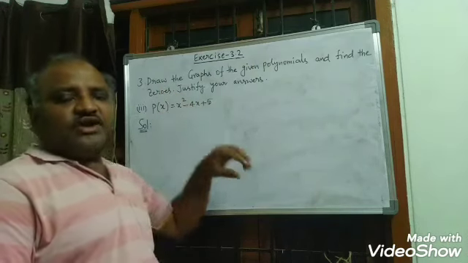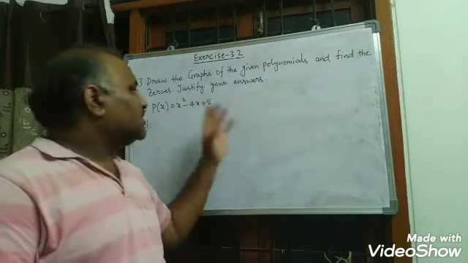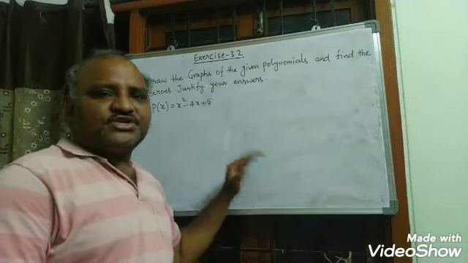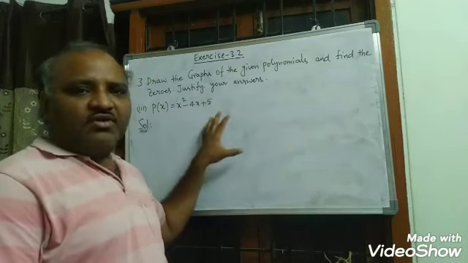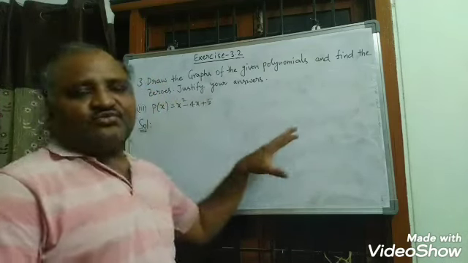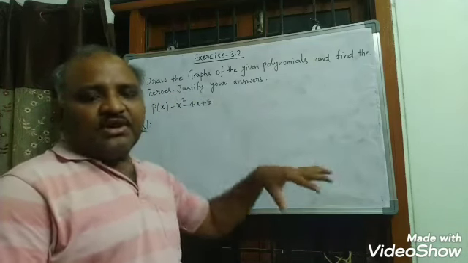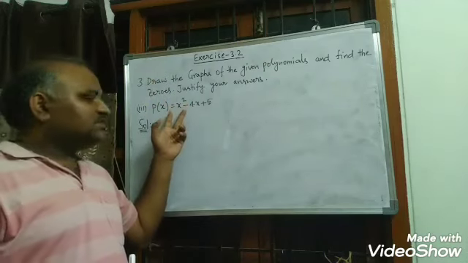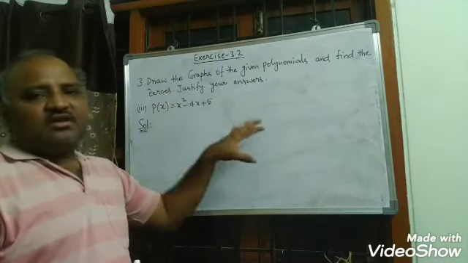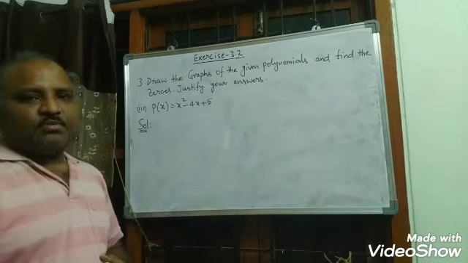Remaining problems you can all do on your own. While explaining the concept of graphical representation of quadratic polynomials and cubic polynomials, we discussed different types of polynomials whose graphs can also take different shapes. Okay, and I am explaining only this third problem. Remaining all you can solve basing on that concept. Let us see this problem now.